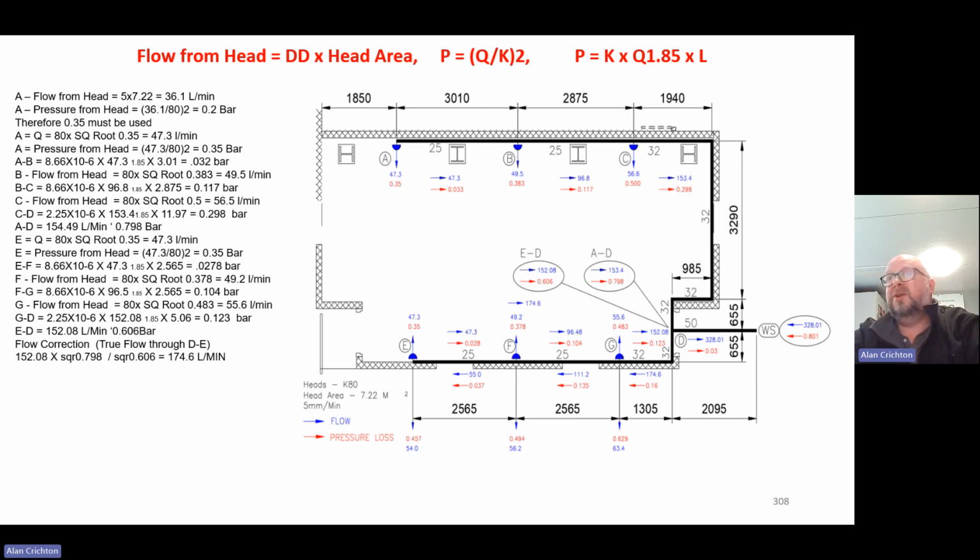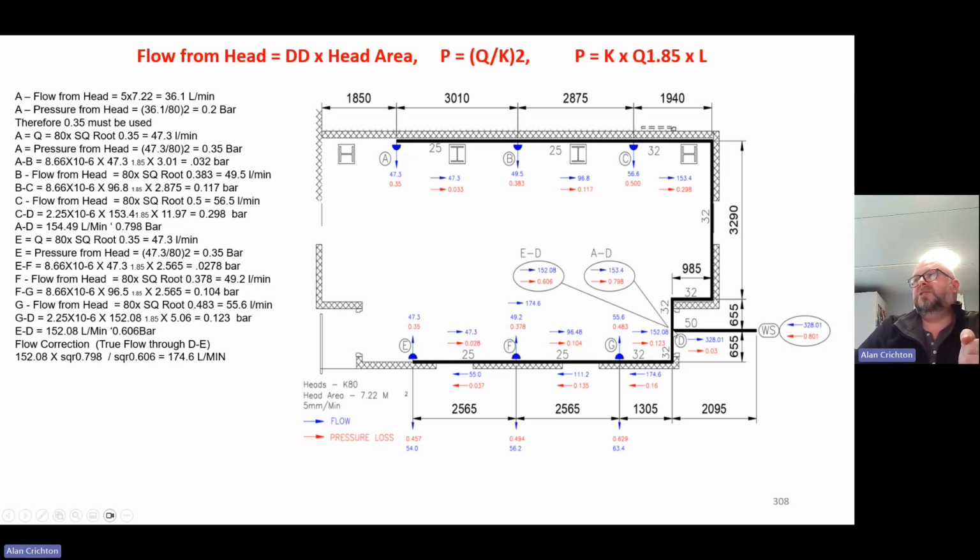Now, if you wanted to work out the actual density from E, F, G, what you would do is divide the flow by the area of that head, and that will give you the density coming out of that head. You'll find that the density, as it comes back from head A, increases. Right, anyway, if we jump back,